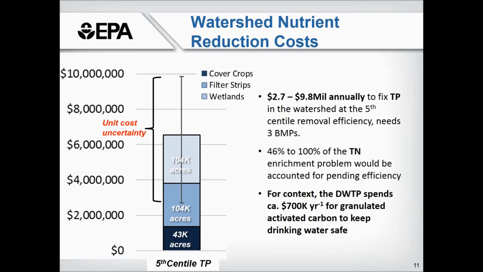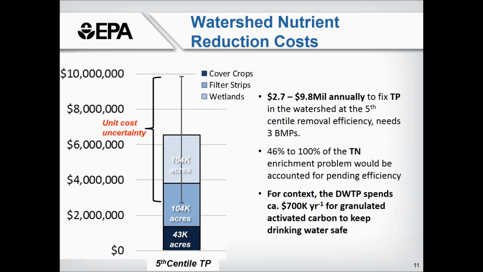The graph here shows the total costs and BMP coverages needed to achieve the reduction requirement at the 5th centile treatment efficiency. The error bar on the total cost represents the 90% probability prediction uncertainty of the cost for meeting the watershed total phosphorus reduction using cover crops, filter strips, and wetlands simultaneously. This $2.7 to $9.8 million range is our best estimate of what it would cost to fix the total phosphorus problem. The broad range comes from the uncertainty in the lost opportunity from the price per bushel farmers receive from